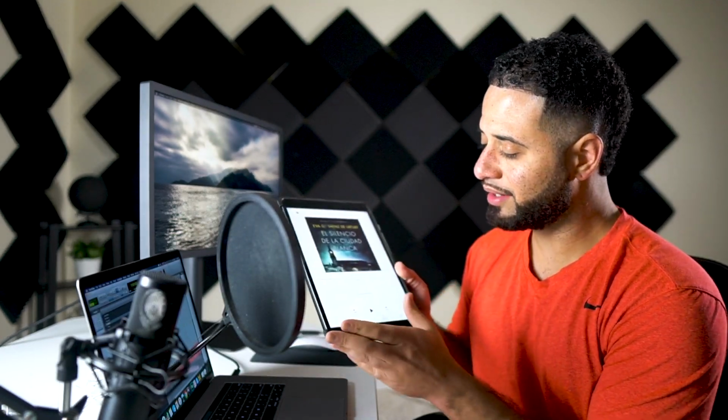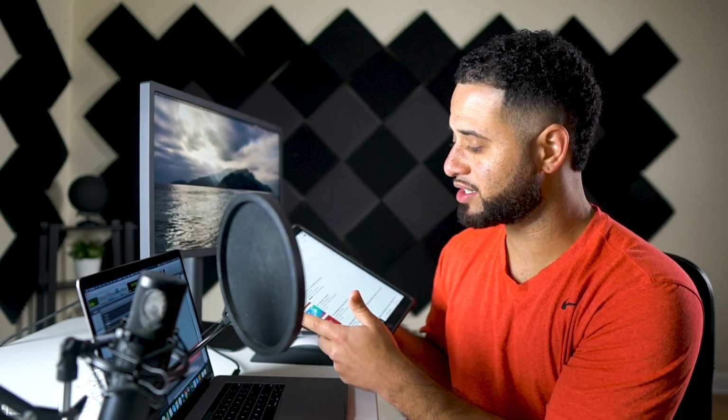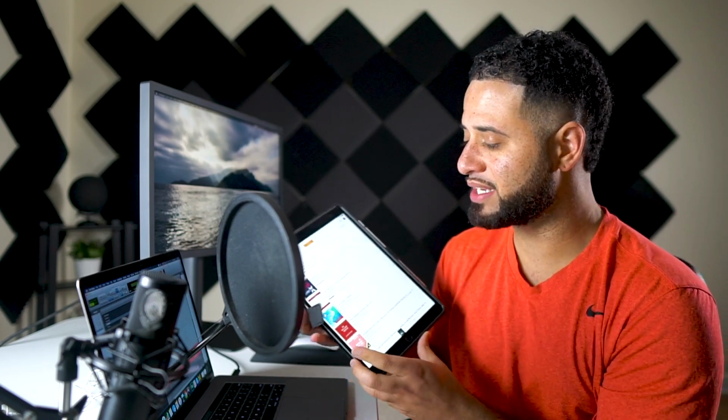I don't know how well you can see this, but let me go back. So I'll go to my Audible, and I have this book right here. This is the current book I'm reading. You can see I'm reading a few books right now. But the one in Spanish that I'm reading is called El Silencio de la Ciudad Blanca. All right, El Silencio de la Ciudad Blanca. I actually just started reading this book, and so you can...